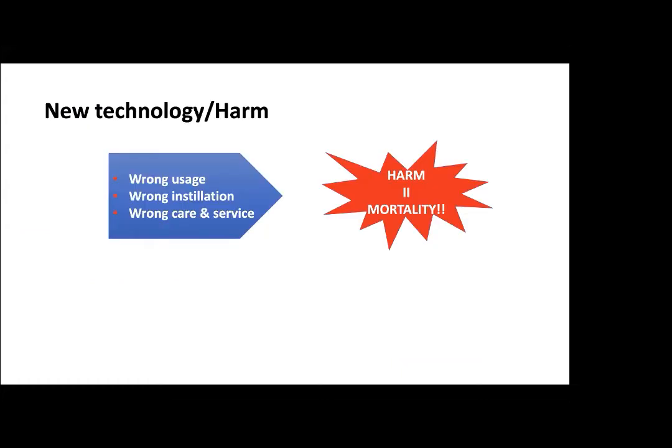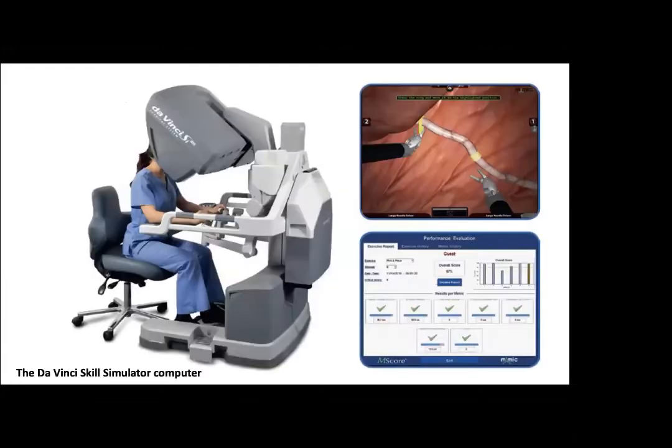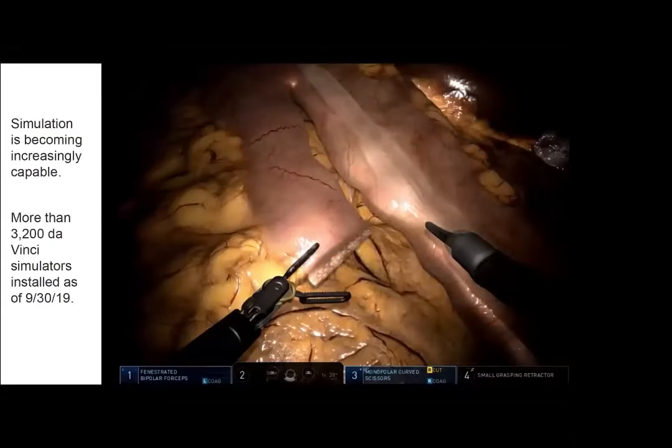But whenever a new technology is put into use, there is always harm and mortality if there is not enough knowledge, advanced technical capacity, and education for the users. It might end up with complications and even mortality. So simulation is available for da Vinci users, so that you can use simulators to do the operation before